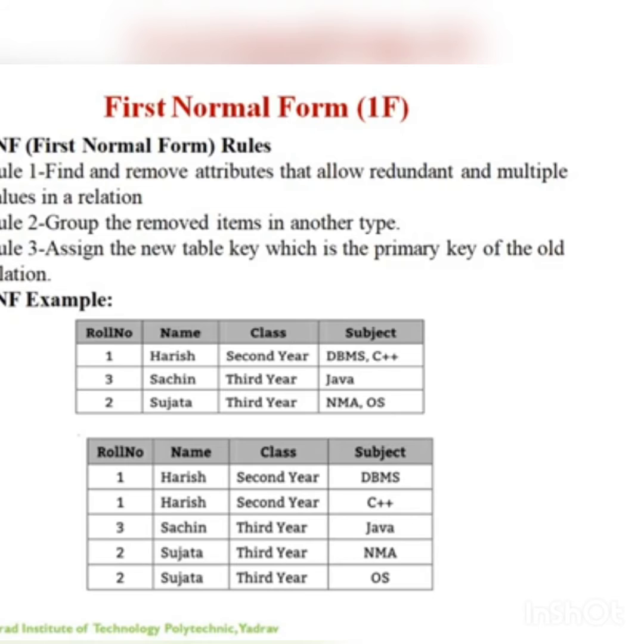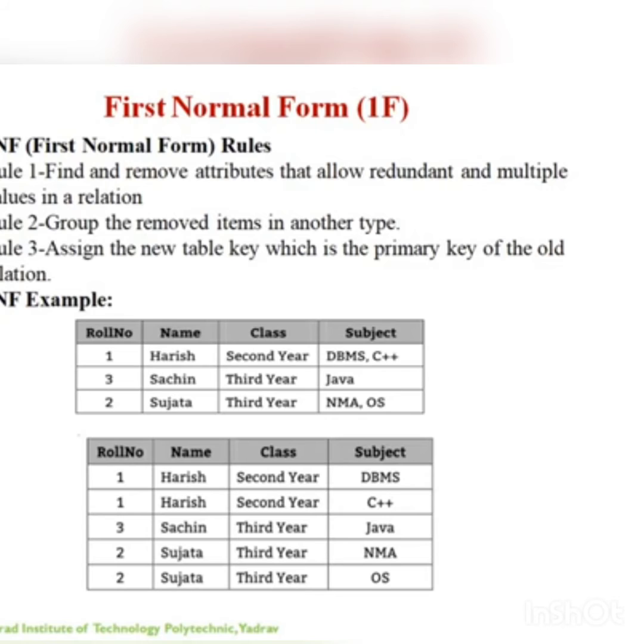First, it should only have a single, that is atomic valued attribute or columns, no multi-value attribute allowed. The second requirement is values stored in a column should be of the same domain. Next, all the columns in a table should have unique names. And the last one is the order in which data is stored does not matter. These are all the requirements to satisfy the first normal form.